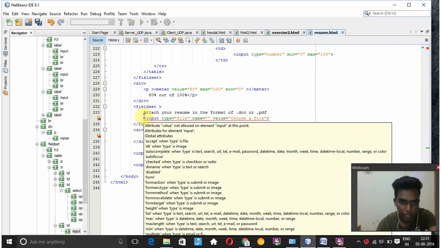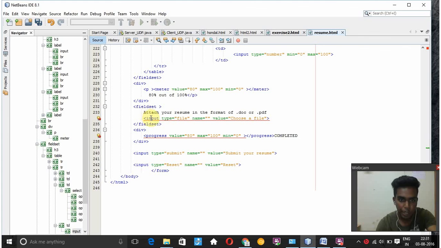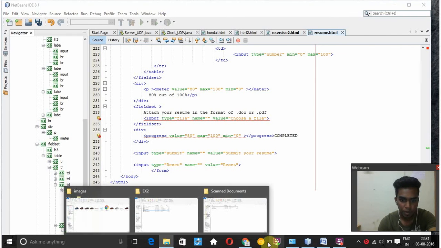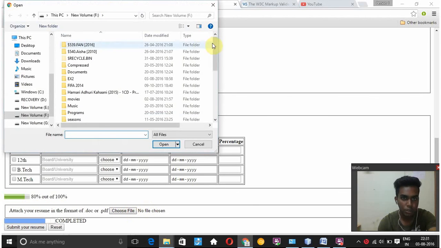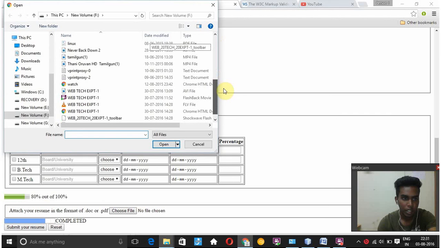So this is the input type given for attach your resume. The input type is file and the value is given as choose a file, which allows us to choose a file from our PC. As we can see here, the choose file option allows us to choose any required file from the folder.